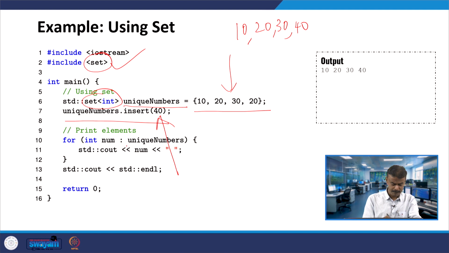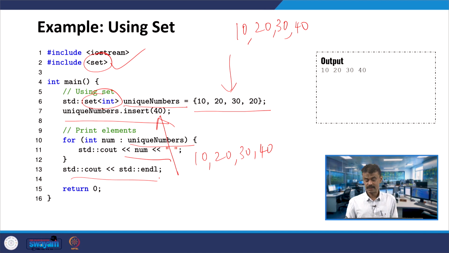The base address of unique numbers is assigned to the address of number, and when I want to print the number, it is star unique numbers of 0, 1, 2, 3, etc. This we had seen in the last program. So 10, 20, 30 will be printed, and with endl you go to the next line. When you run the code, you can see the output 10, 20, 30, 40.